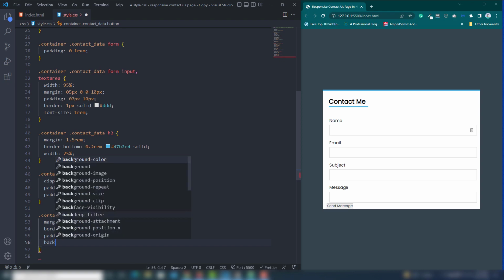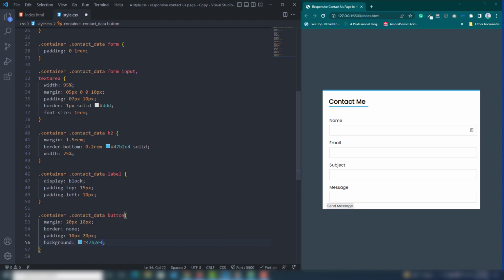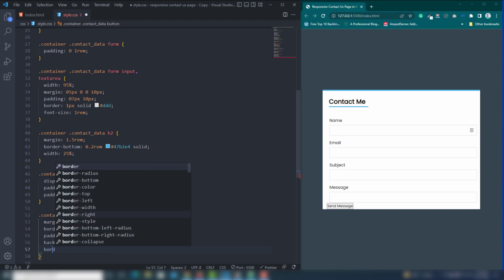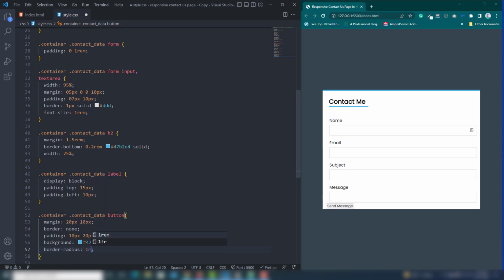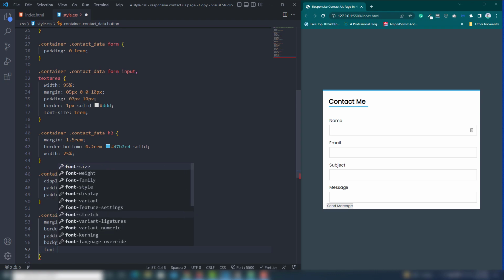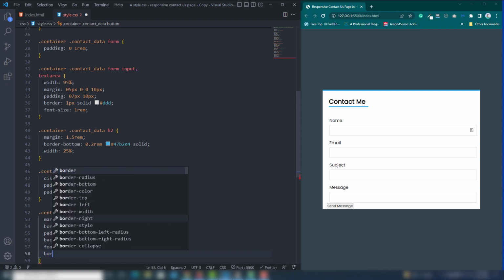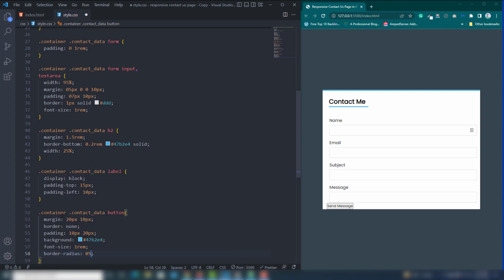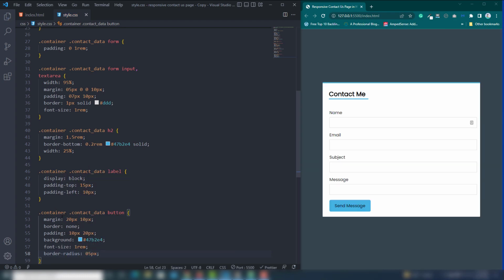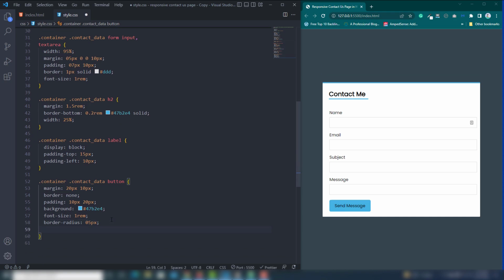I'm going to use background will be same light blue, and border radius 1 rem. I'm going to use font family, font size will be 1 rem, and border radius will be 5 pixel. First I'm going to set that, as you can see. Then I'm going to use the cursor will be pointer, so right,